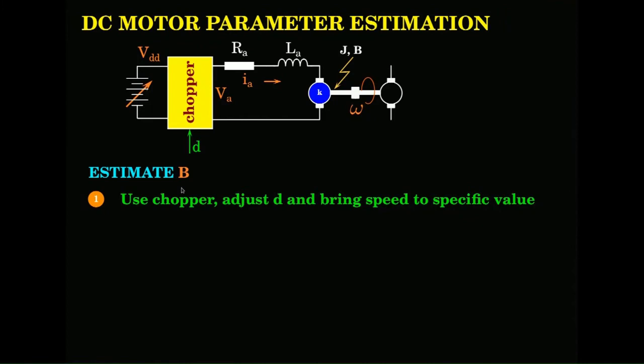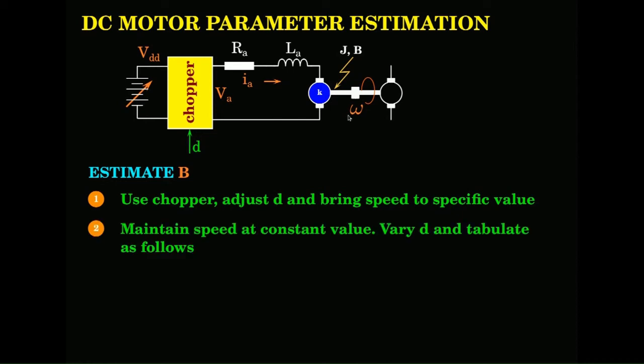So, estimation of the B, so use the chopper again here, we have come back to the same machine, unit under test. So, adjust D and bring the speed to a specific value. Here I am not doing blocked rotor, rotor is allowed, free to rotate, it will now rotate. Now, I have the value of K with me also here. So, I have this RA, LA and K with me inside the processor. So, maintain speed at a constant value,